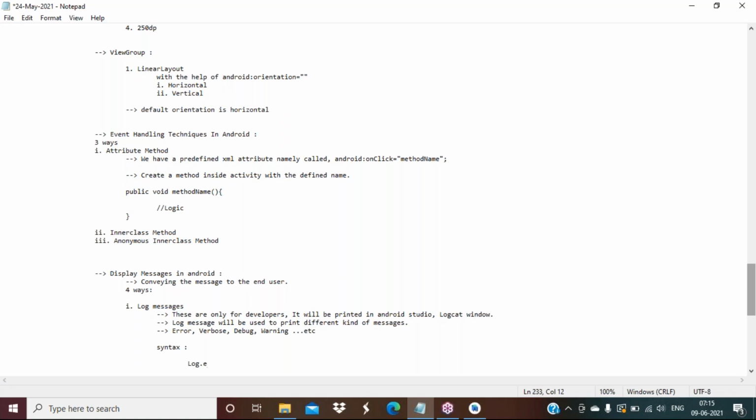For example, I want error, red color. So here you need to pass a string called tag. Okay, what is your message? Here also you need to provide a string parameter. Both string parameters you need to pass. Log.e with string tag, string message. Log.v, verbose. Log.d, debug. Log.w, warning, like that.